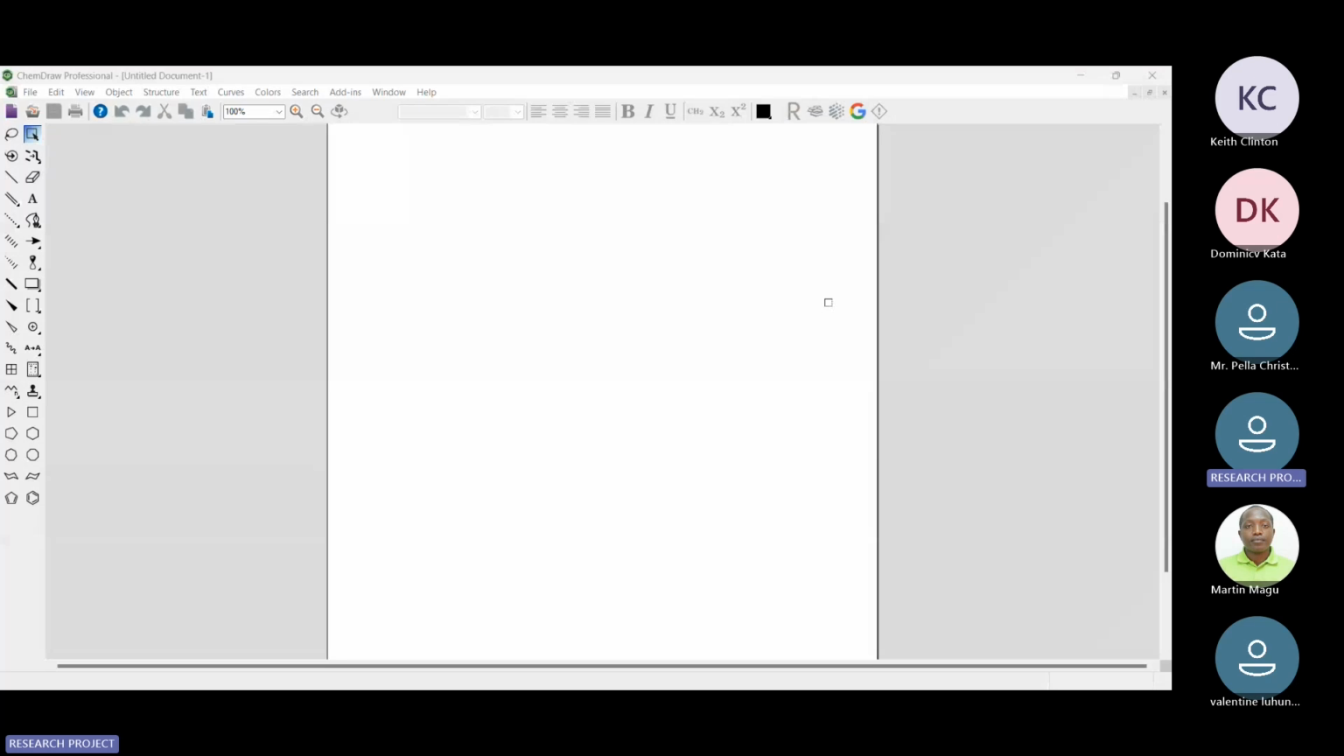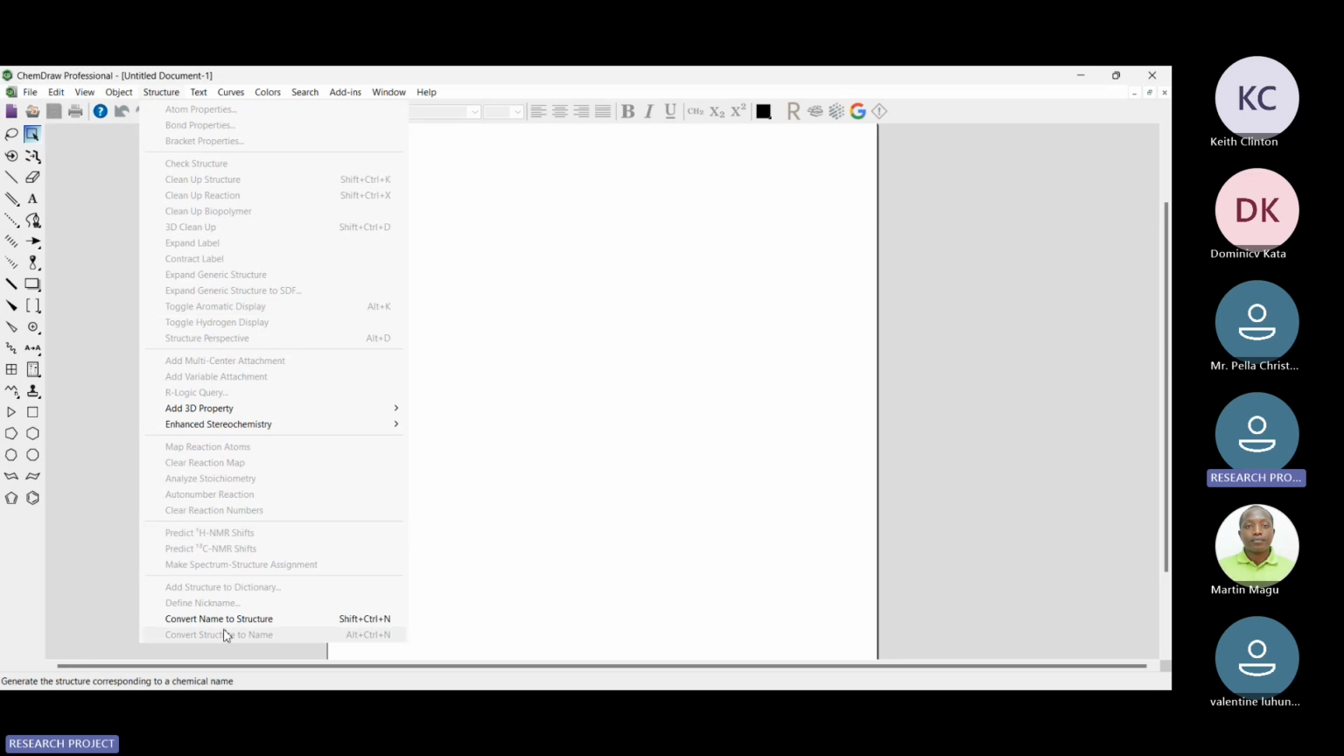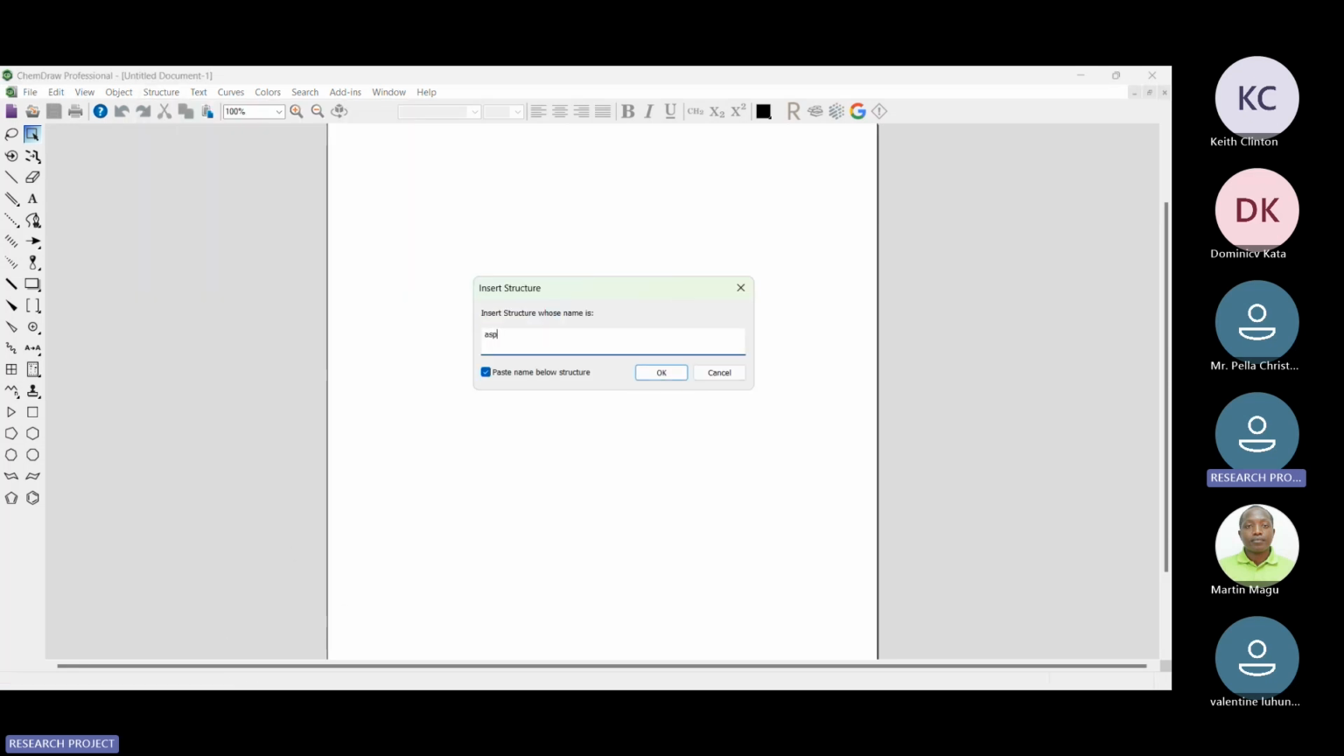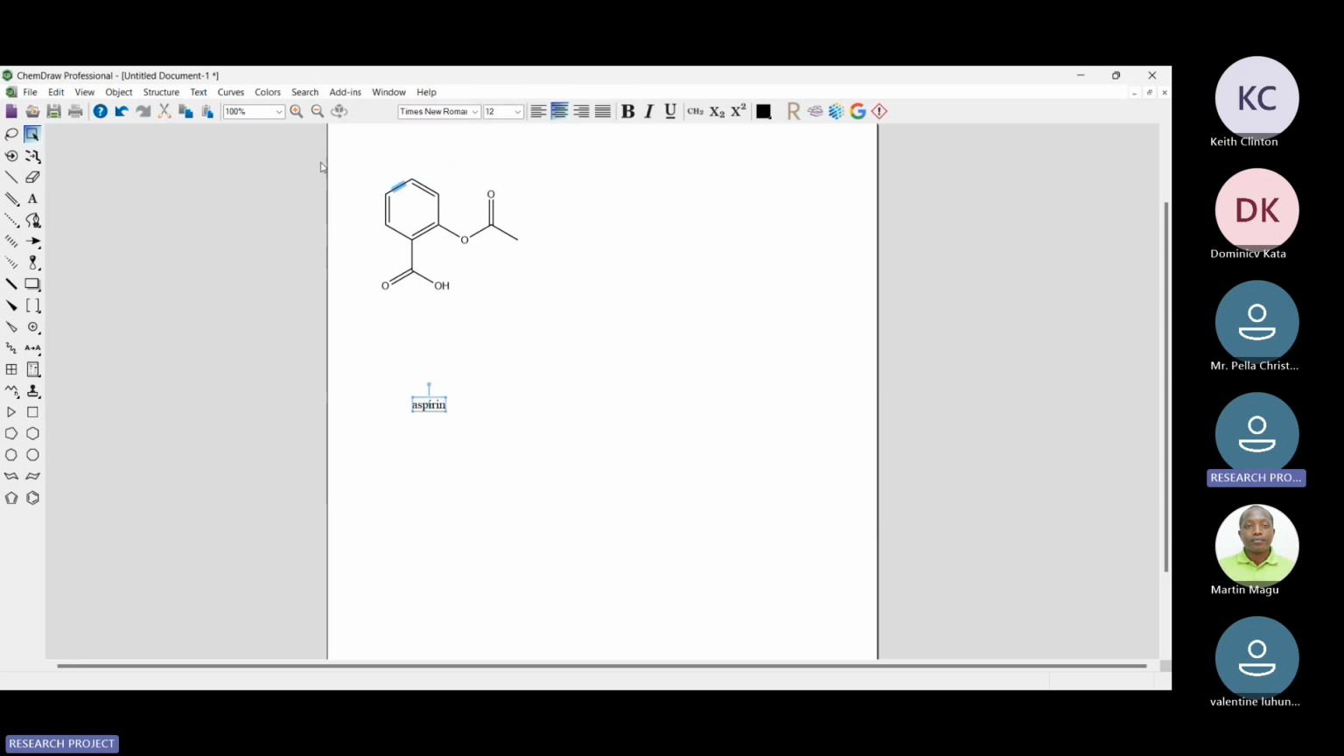So we have one tool called ChemDraw. So I'm using one of the, it may not be the latest version, but I want to convert a name to structure. And I just want to work with the example that I had talked about, aspirin. So this is the structure of the aspirin. If I know the name, I can convert it to structure. And so this is what I want to demonstrate today. After you have obtained the structure, you can